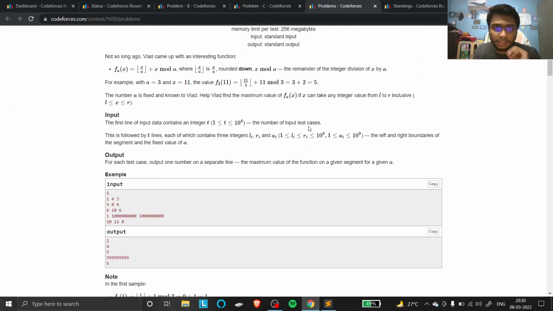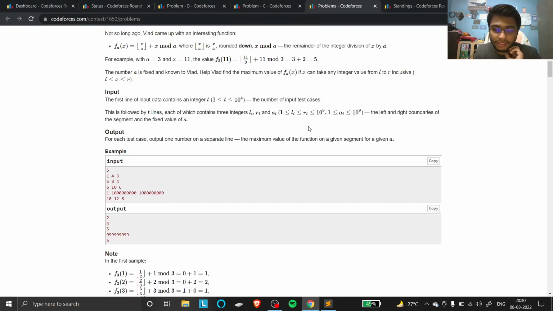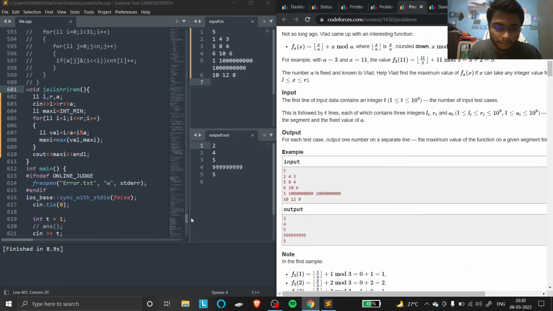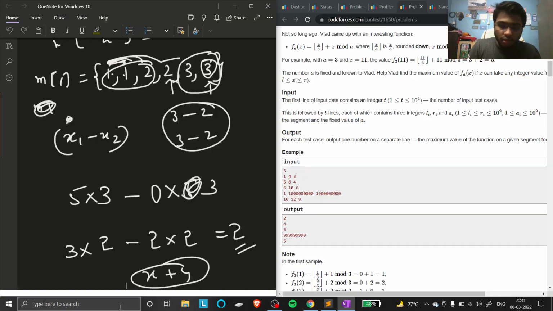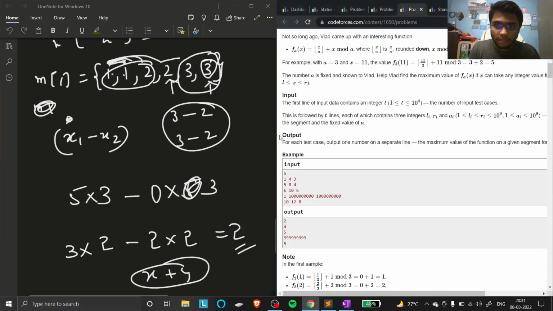We could use binary search here. What do you all say? No, binary search will not work. Okay, let me see. A would be constant. Let me do some mathematical calculation. Okay, so